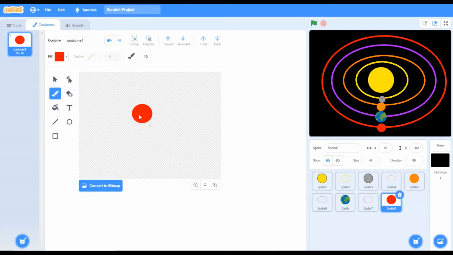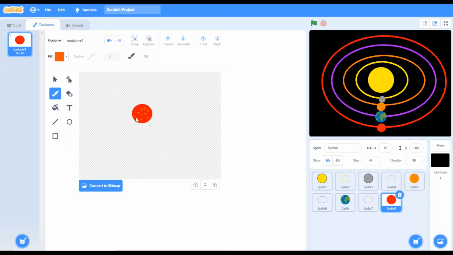It's not even looking good, so I will have to change the color to orange. Yes, this kind of orange is good. Actually, I will redo. I can change the size here. You know what, more bigger. I can do that the whole time.